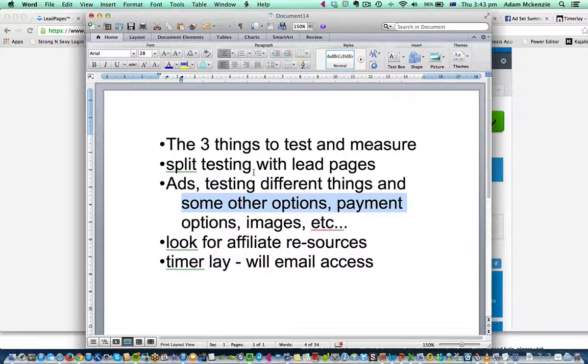Now, those of you that only have the basic version of lead pages, all right, you're probably going to have to upgrade. I'm pretty sure that with lead pages on the basic version, you can't split test, but manually you could. All right, and when I say manually, it would just be a matter of creating some ads or similar ads to one landing page